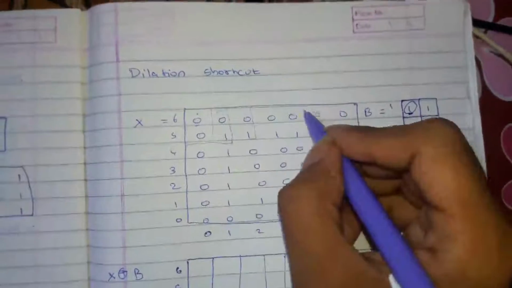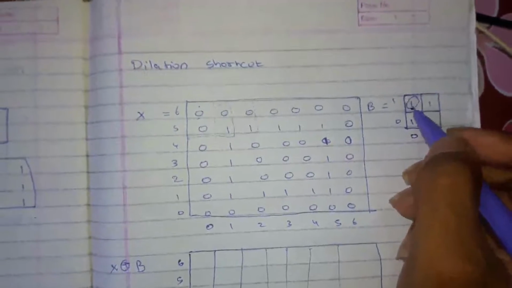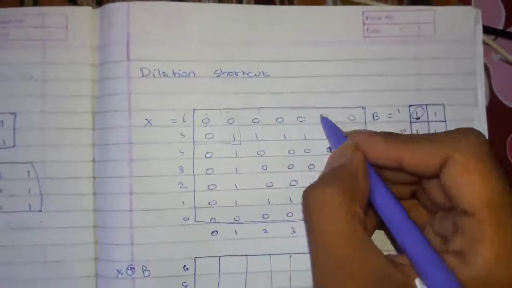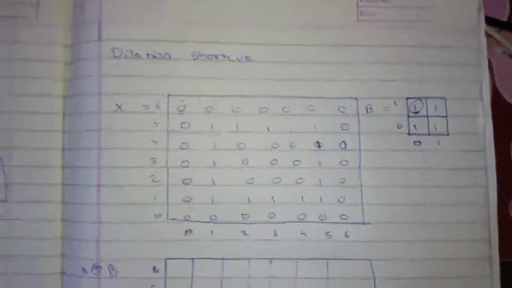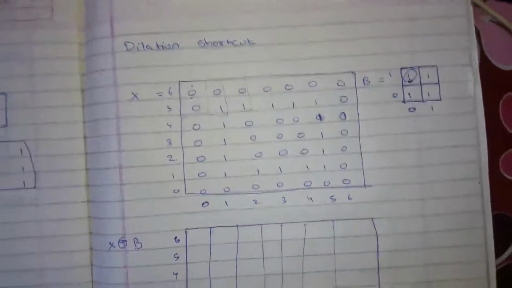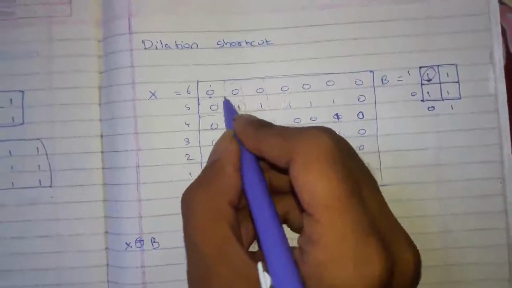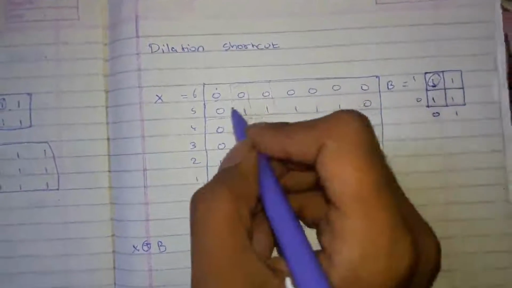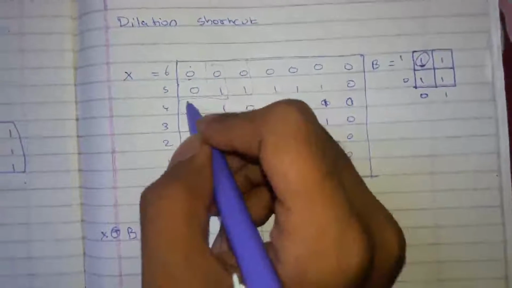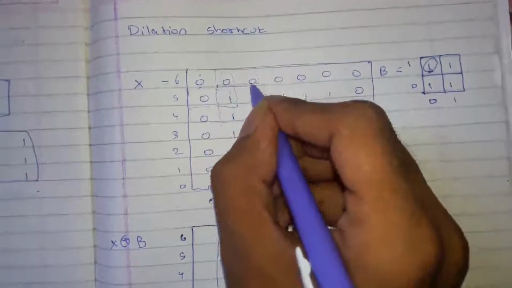The seed point is the most important, and it is to be traced on every pixel. So when we trace the seed point on the first line, we see everything is 0. So no change on the first line. Keep it as it is. When we do it over here, now the seed point is coming on the second row. Again there is 0. Don't change.